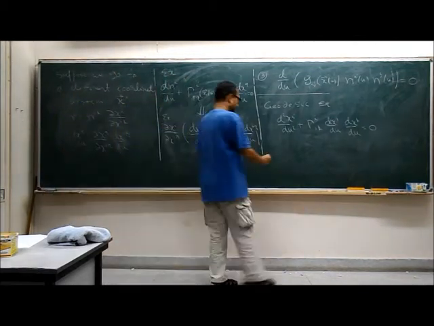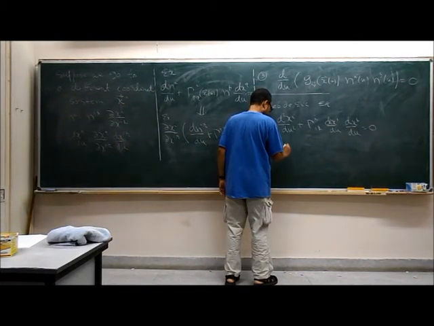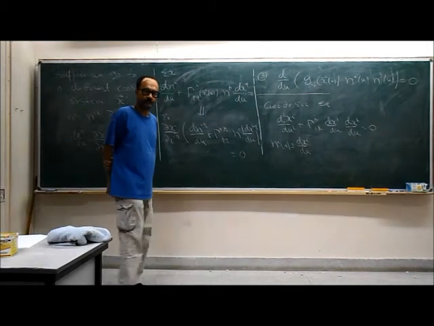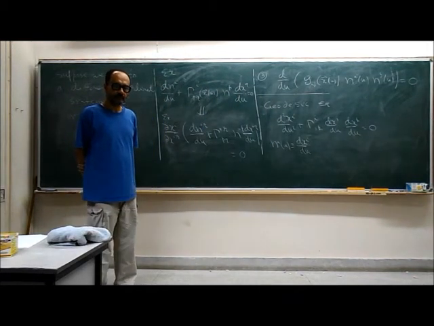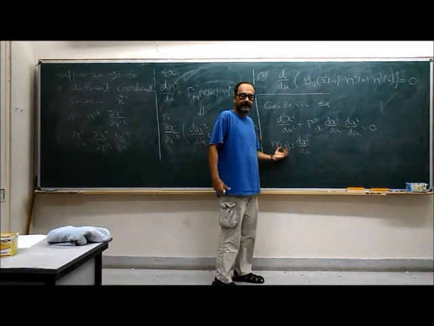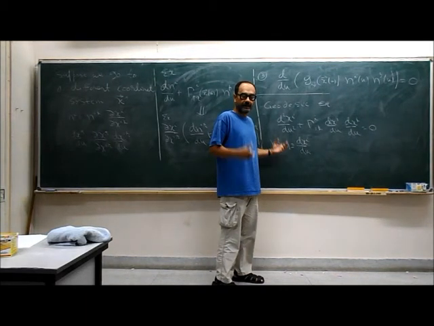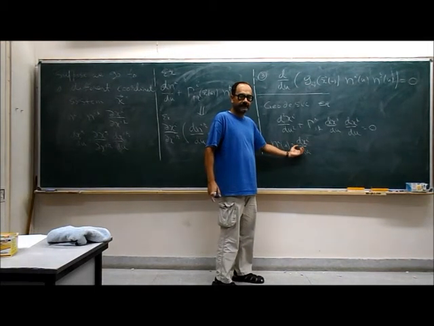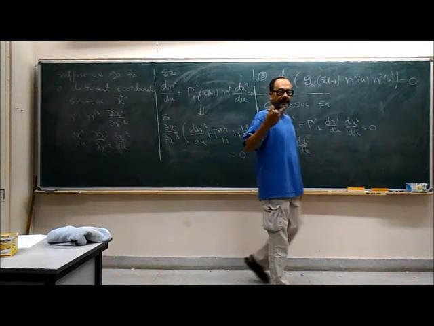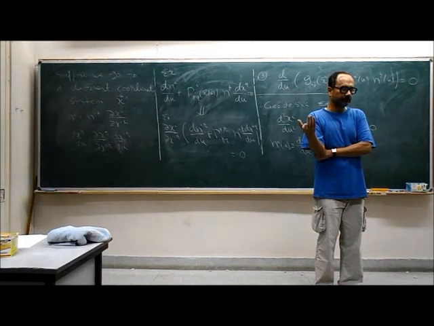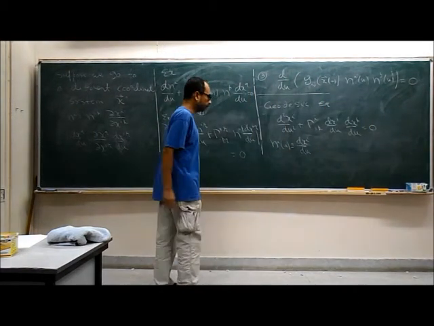Now let's suppose we define ni of u as dxi/du. This is a definition. What is the physical interpretation of this? This is a tangent vector to the geodesic. Now you are not talking about a general vector in the tangent space, but a specific tangent vector, which is tangent to the geodesic. If xi of u is the curve, then the tangent vector is just dxi/du, up to normalization. So let's define ni of u equal to this.